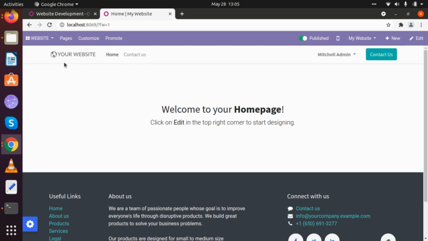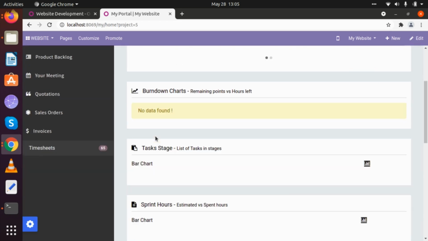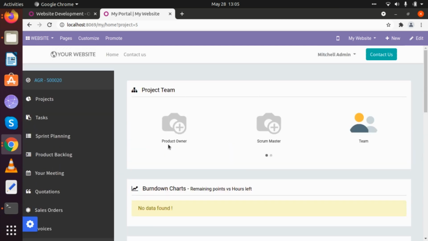So when we log in and click on our particular website, we go to my account. Here we will be able to look at all the details like project team, burn down chart, task stage, sprint hours and team workload. First of all, it is of a different account.